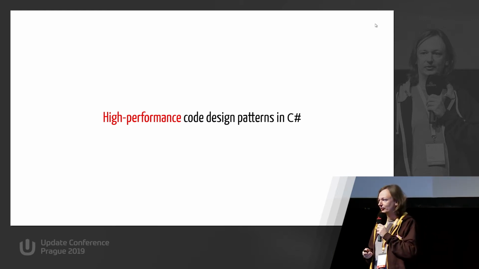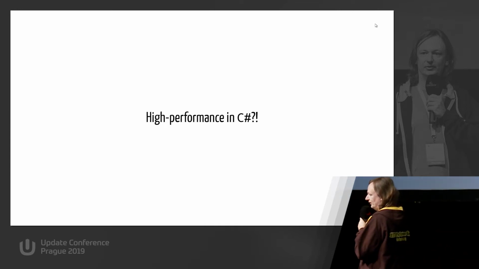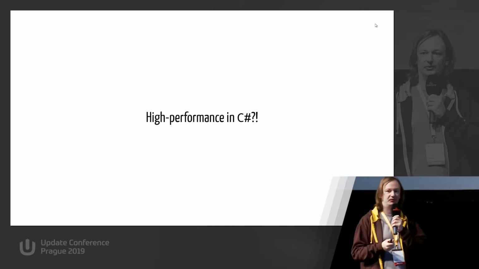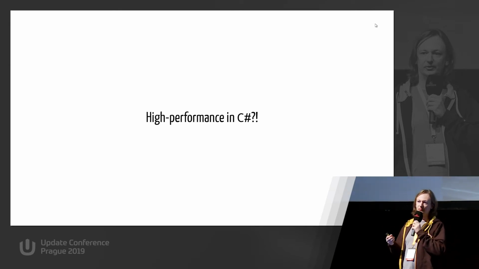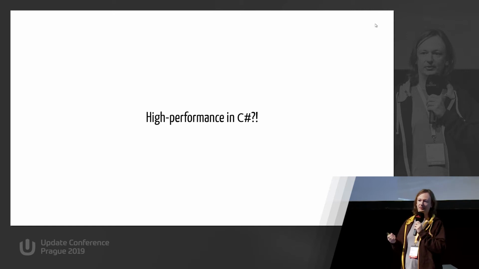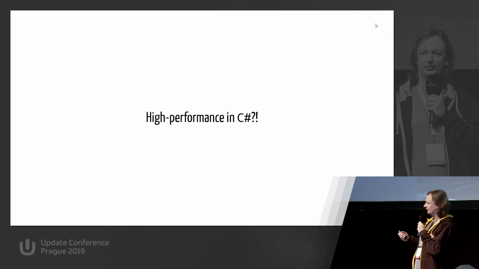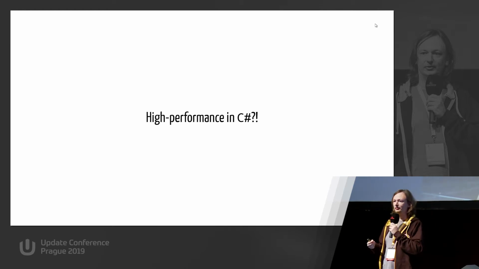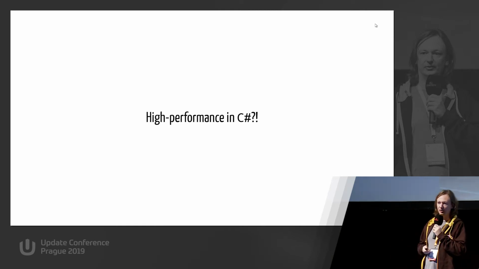Okay, but speaking about all that, the topic of this talk is high performance code design patterns in C#. So what is high performance in fact? Yes, this is maybe even quite strange, because is C# something that is made to be high performance? If you would like to write something very high performance, probably we would be using C or C++ or Rust, but I don't think so because I'm a C# developer. I want to write high performance things in C#. And it is possible because Microsoft is doing more and more to make it possible. So it is a high-level language, but provides a lot of possibilities how to write very, very fast code. And this is a talk about that.